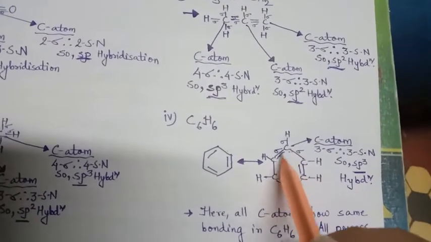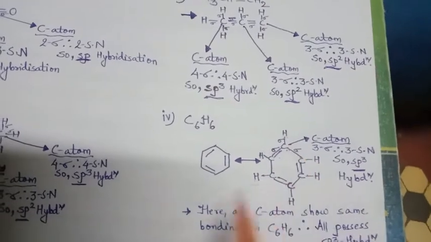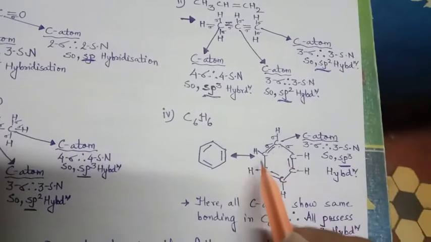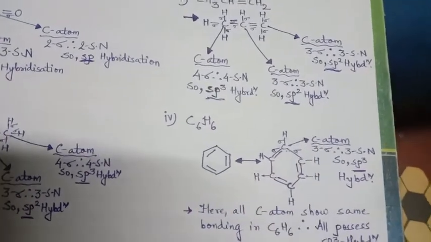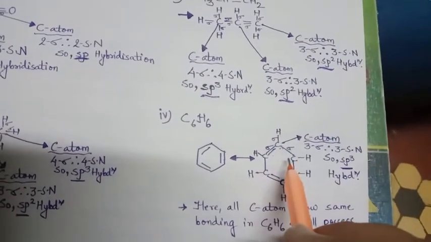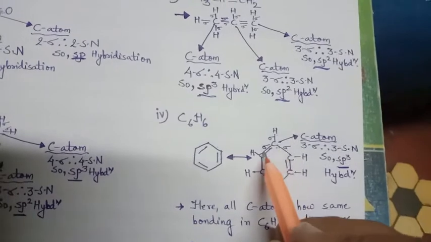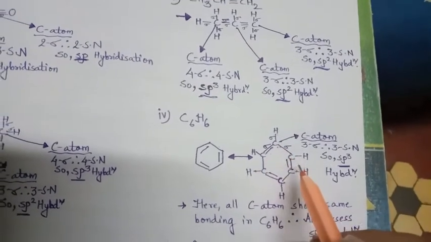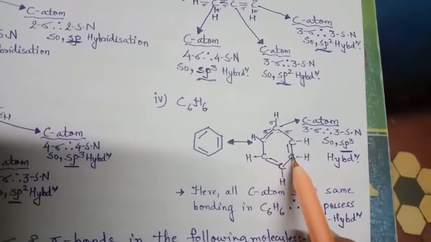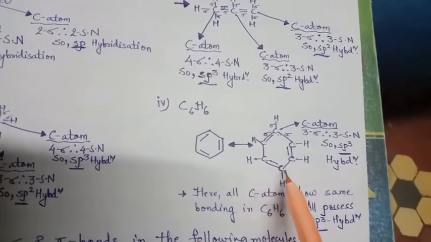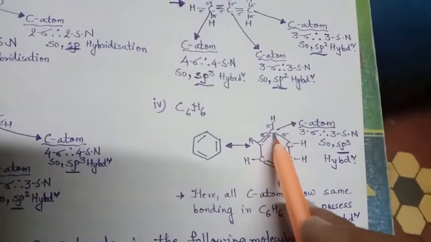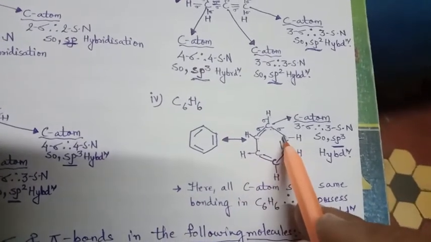This carbon has a double bond, so 2, 3, 4. Here also this carbon 2, 3, 4. So if you see, all 6 carbons have their tetravalency satisfied. If we consider all of them, they are all similar: C double bond, H single bond, and so on around the ring, double bond, single bond, single bond. So every carbon and hydrogen, with one carbon-carbon double bond and then a single bond, is similar.